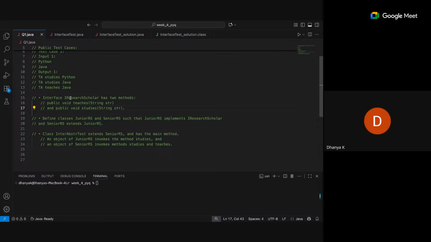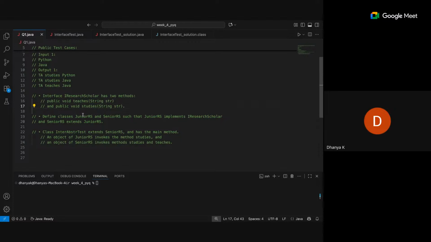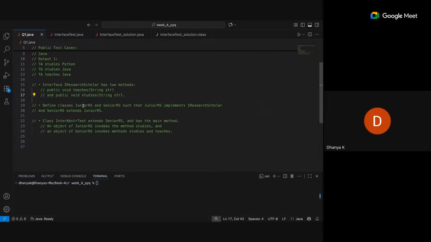So it has an interface called IResearchScholar. This is all something we have to code. It has two abstract methods: teaches, which takes a string, and studies, which again takes a string. Probably the string represents a subject, which is the input. Now define classes JuniorRS and SeniorRS such that JuniorRS implements IResearchScholar and SeniorRS